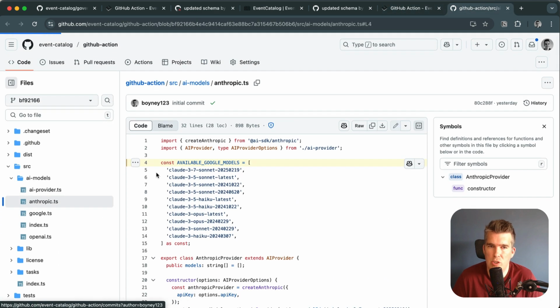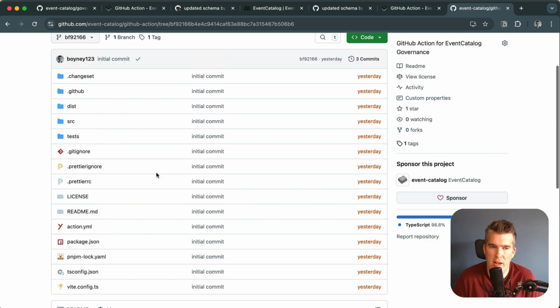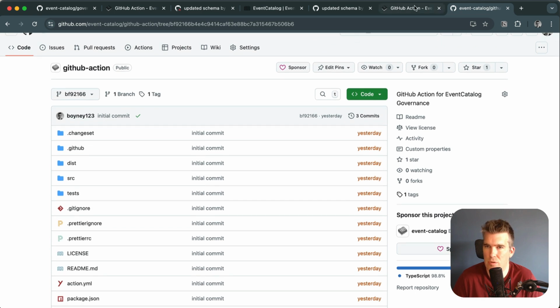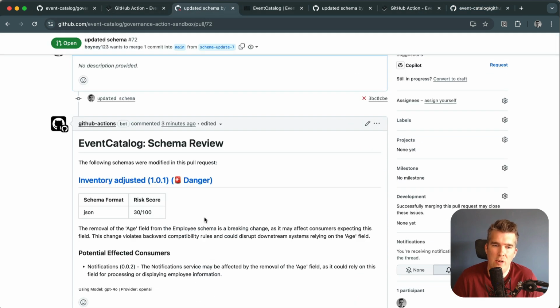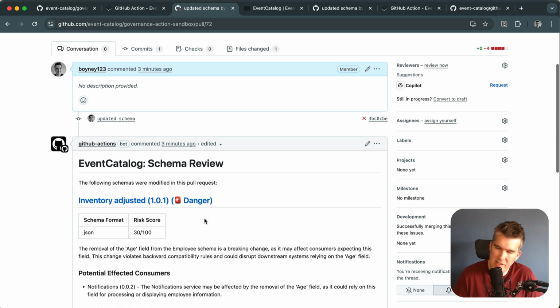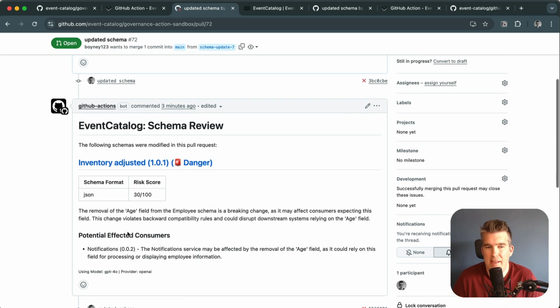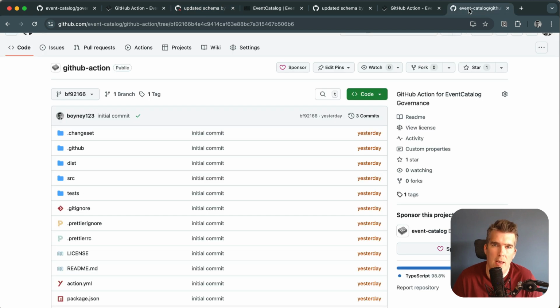The action actually is open source. So you can actually come and have a look at the code. The source code is available, so you can come look at this stuff if that's your cup of tea. And that's it, so I hope this is useful. As I said, the way the action works actually is it will only check for schemas that have changed in your events and your commands and your queries folders, and then it will run the diff. If you have other files that have changed that are not schemas, it just won't do anything, which is pretty